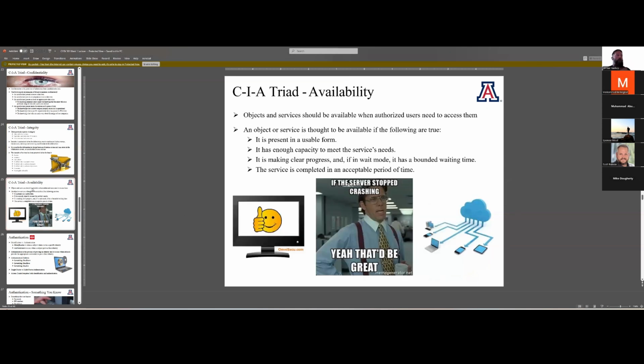And then availability. One thing about availability that gets me is that a lot of times people associate complete shutdown as an attack on availability. Can it be that? Yeah, absolutely. However, it does not need to be a full shutdown to be an attack on availability. Let's say it normally takes you 5 minutes to access file A on your computer. But now the network is so degraded that it takes you 15 minutes to get to that same file. That's not a complete shutdown, but that is a severe degradation of performance.